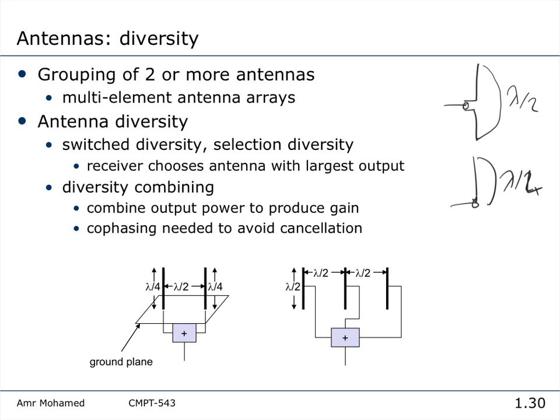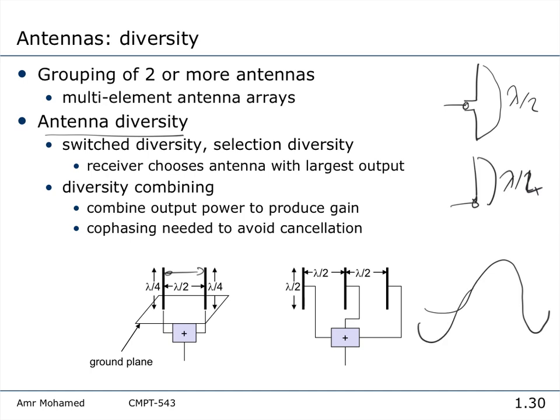Another thing is that we have the antenna diversity. Antenna diversity talks about the fact that in many devices you have more than one antenna. Nowadays, as I said, we have tens of antennas on just one cell phone. Also we have some limitation when it comes to the separation between the antennas. The separation between the antennas is lambda over 2. And that has to do with the fact that, remember,